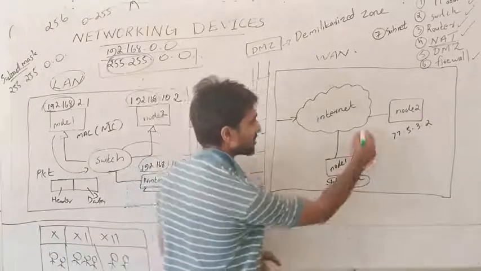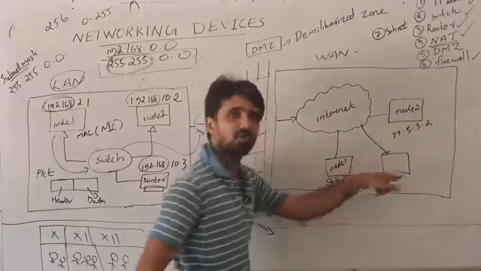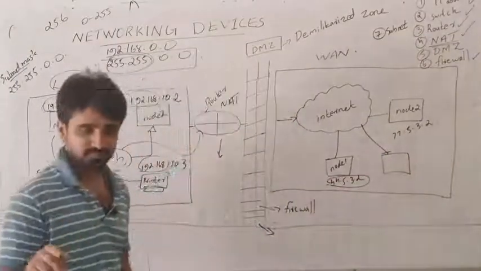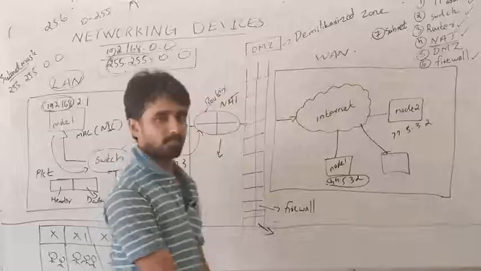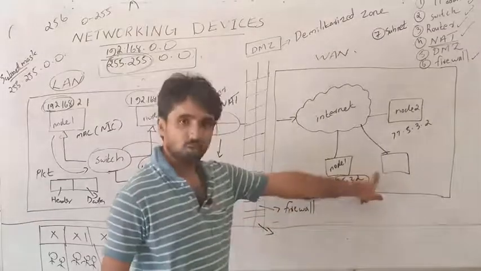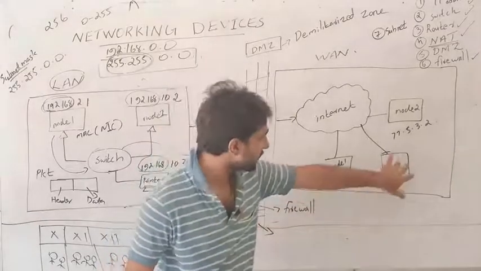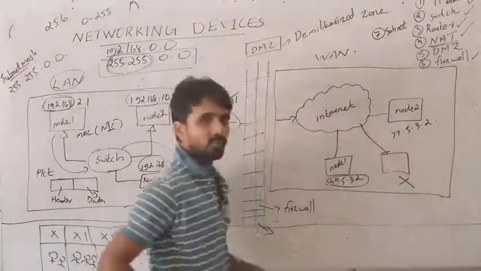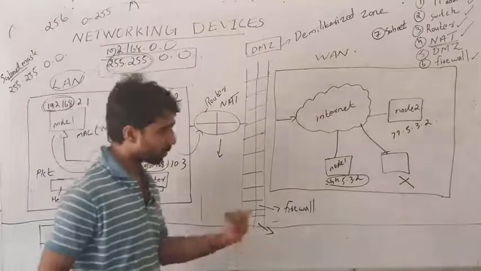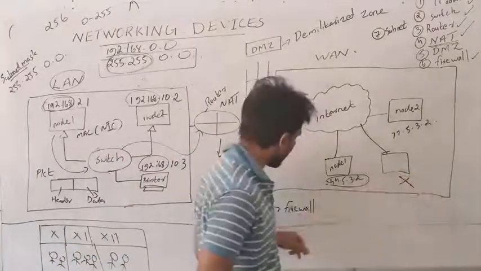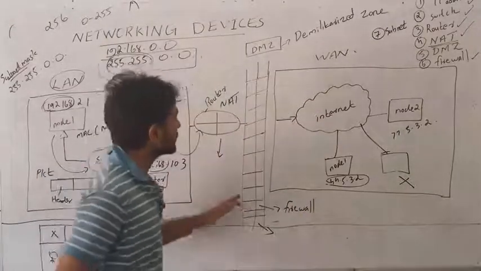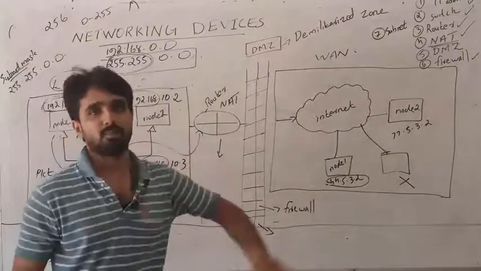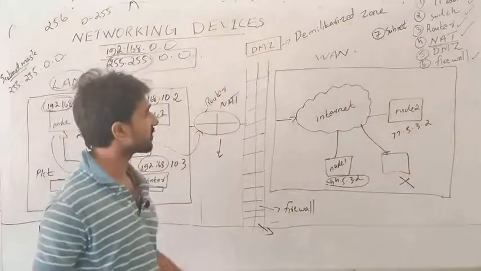For example, this is an unwanted computer, and you don't want any information from this computer to here. You can block this particular computer by using the firewall concept. The firewall is used as a barrier in between the local area network and the outside computer. Understand? We can customize this firewall.